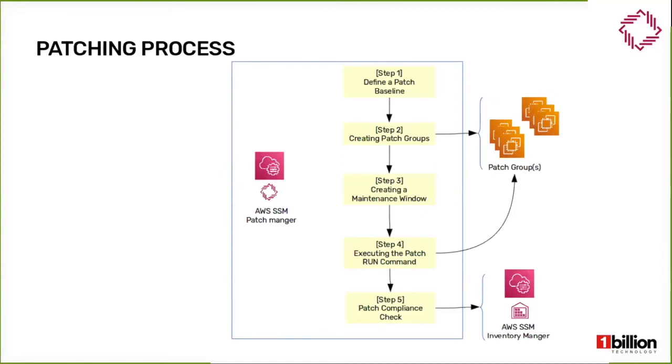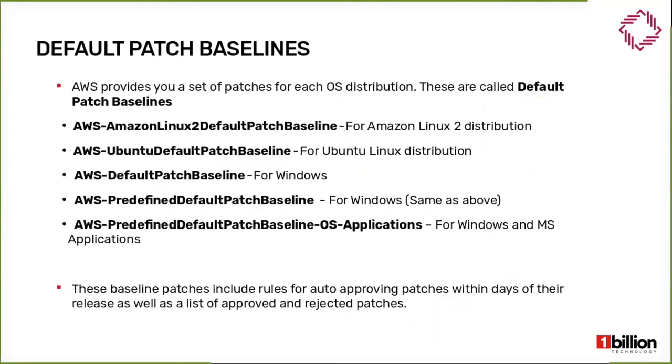You need to have a defined baseline patch for each distribution. Then you point to whatever instances you want to update, group them and update. That's it. Very simple, nothing fancy. The only thing is you need to be mindful about these patches. For example, each distribution has its own patch. Amazon Linux 2 is the AWS Linux version, which has its own patch. Ubuntu default patch is there. It has all versions. And for Windows also, I think there are two patches, the predefined default patch baseline and the